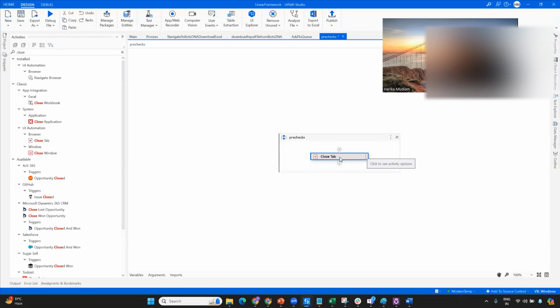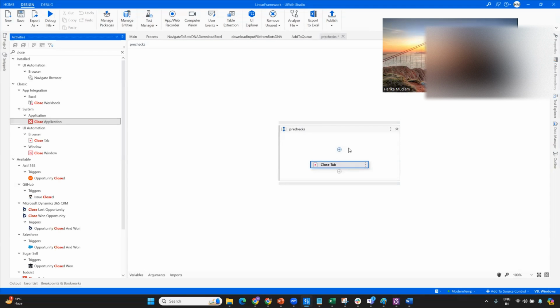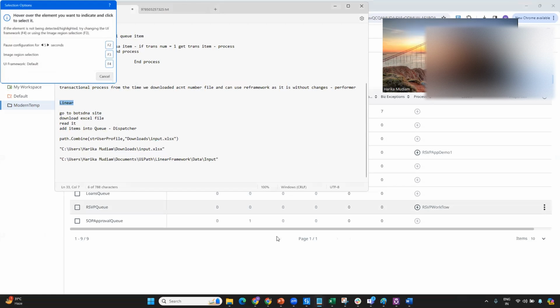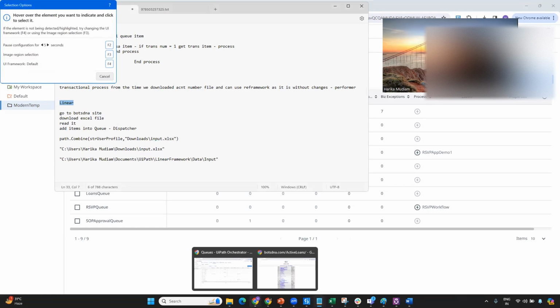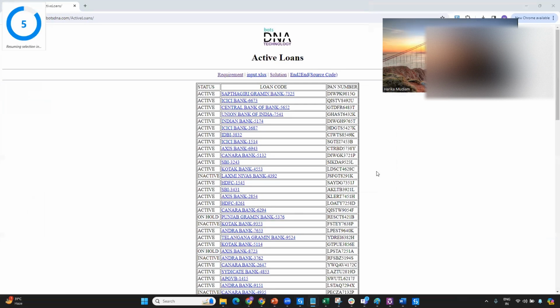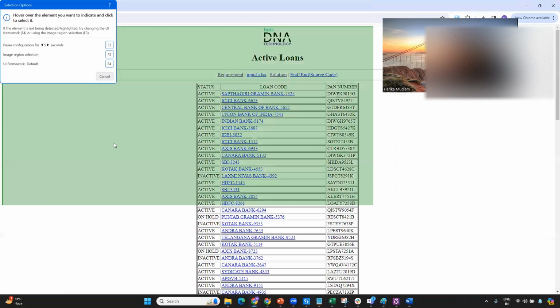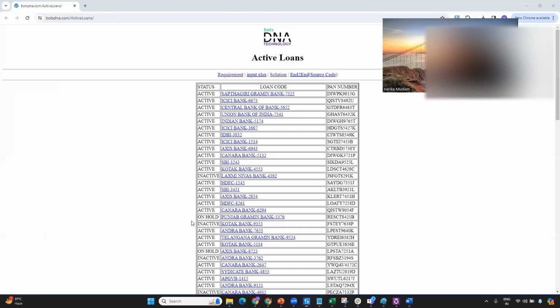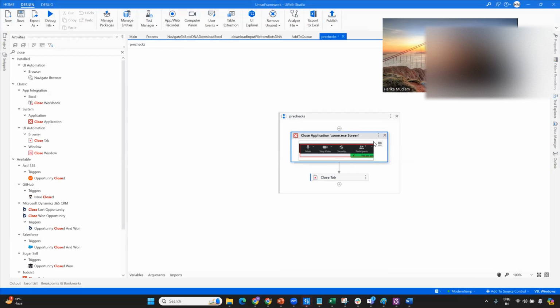Instead of tab, application, I'll just try close application. F2. Let's try focusing this. Let me take off this one. Let's take in zoom. Let me close this off and then